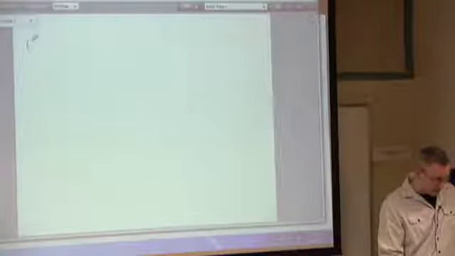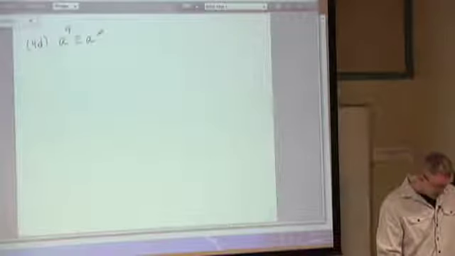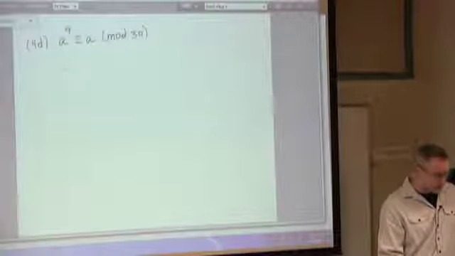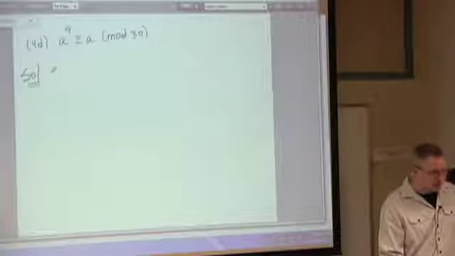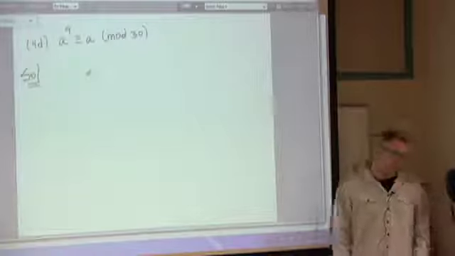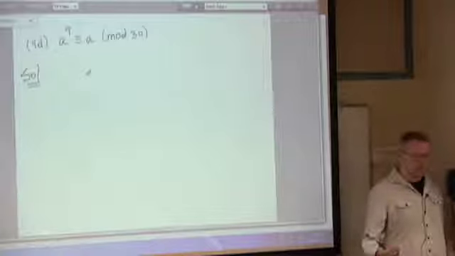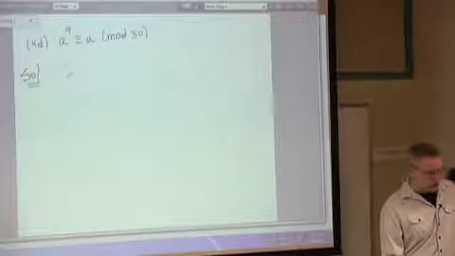Okay, so let me talk about, I think I started talking about this on Tuesday. 4D, show that a to the 9th is congruent to a mod 30, for every integer a. Two parts to this. And what I'm going to do here really will apply to more than just this problem. And we talked about this a little bit before. But first thing you want to do,